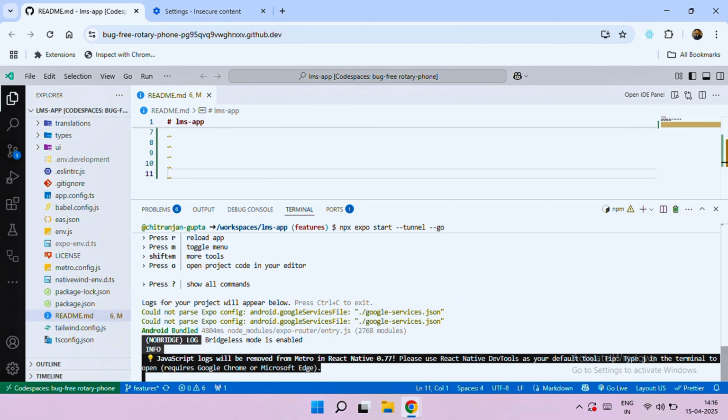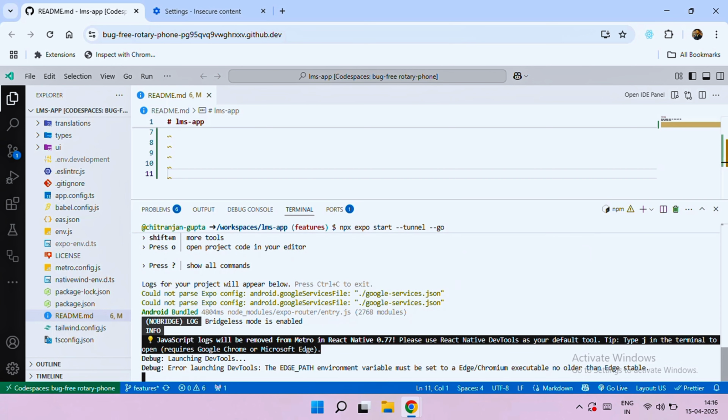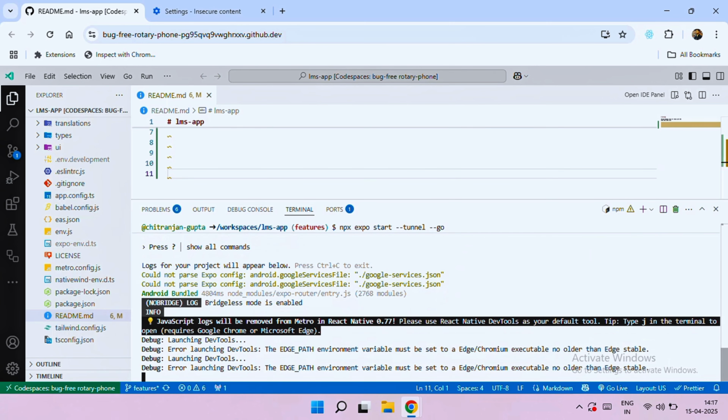Now we start debugging by pressing the J button. It says error: the edge path environment must be set to an Edge Chromium executable no older than Edge stable. This is the error, and if we start debugging from the device, it says the same thing. To use the debugging in Expo React Native app,